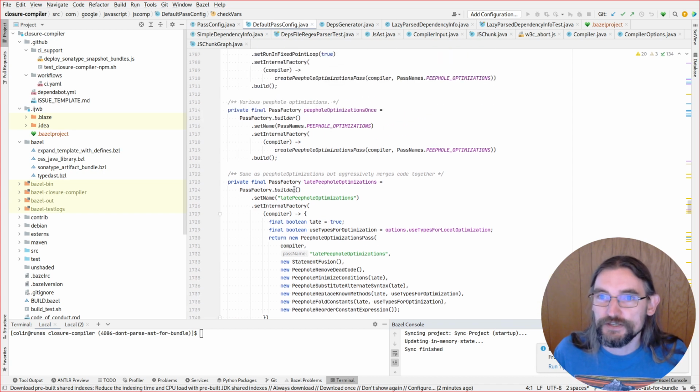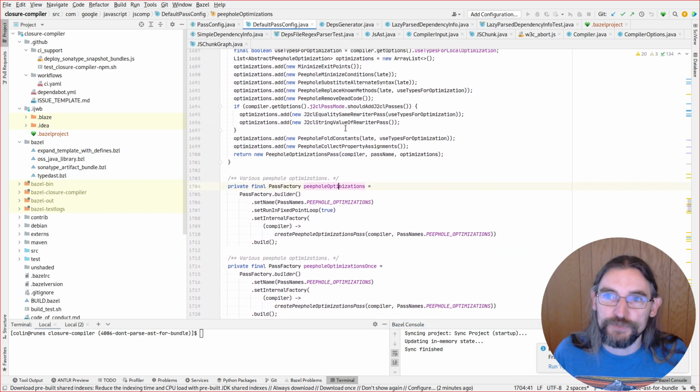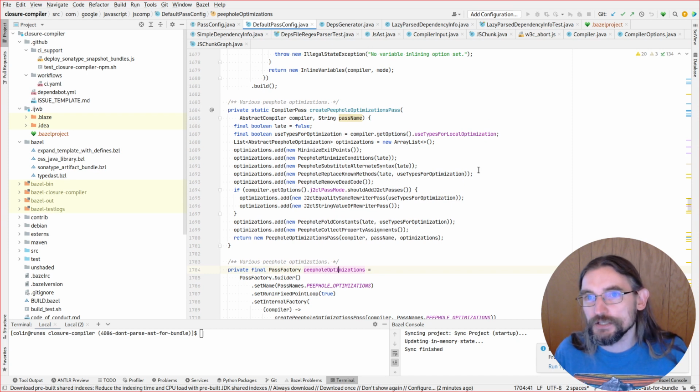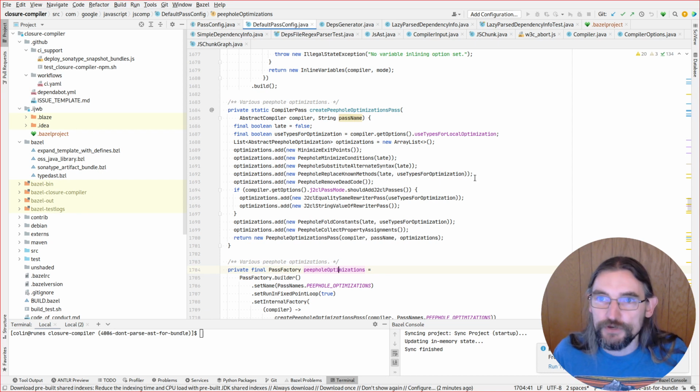So here's a list. This class has just all the possible optimizations, when they might need to take place, how they're going to be configured based on your other arguments. A lot of this is designed to be called from the command line, because they built a command line runner. Some of our tooling has gotten to the point, though, where they don't parameterize everything that we need. So we have stopped actually calling the command line runner directly, and we just build an instance of the compiler, and we build our own pass configs to say, here's a special pass I need you to do